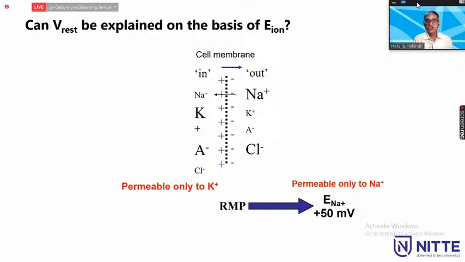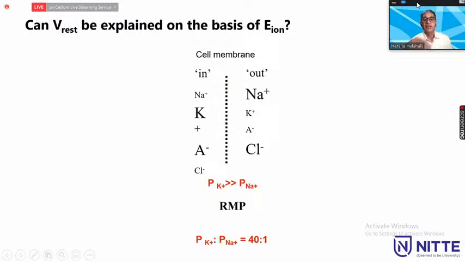But our experiments show that the actual resting membrane potential is about minus 70 millivolts. Therefore, it is neither equal to the equilibrium potential of potassium, nor is it equal to the equilibrium potential of sodium, but it is somewhere in between, but it is closer to the equilibrium potential of potassium. Therefore, putting all this together, the conclusion is that the cell membrane is more permeable to potassium than to sodium, maybe at a ratio of 40:1 in the resting state, and therefore,